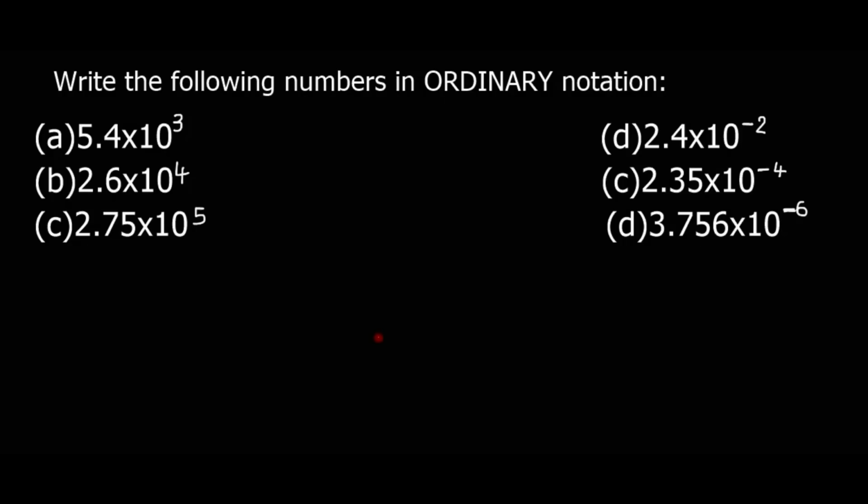This question says, write the following numbers in ordinary notation. But let's understand already what is a scientific notation and then what is ordinary notation. These numbers here are in a scientific notation. A number is in a scientific notation when a decimal point is in front of a non-zero number. As you can see, 5.4. This decimal e mo pele ga a non-zero number. A non-zero number ke any number is not zero. Ge o ka ba le something like this one,